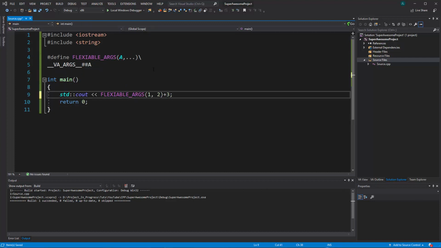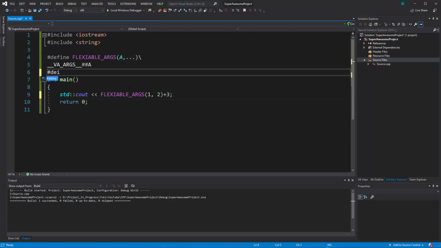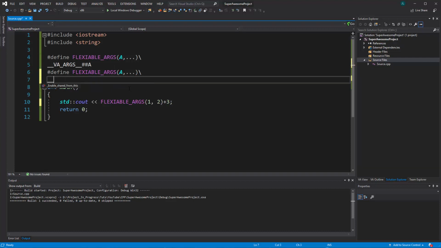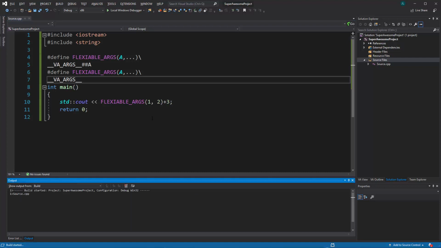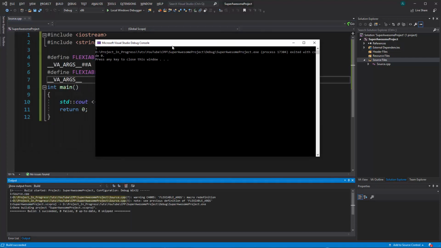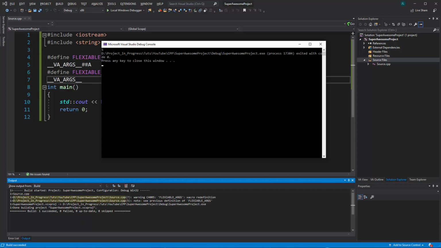All right, let's talk about multiple definition and undefining. Say we have defined this here, and let me define it one more time with the same signature, but a different body, and see what happens. So I'm going to do A and then that, but this time maybe what I do is basically just VA argument without anything. Okay, now if we run this, you can see we got a warning, which is redefinition, but